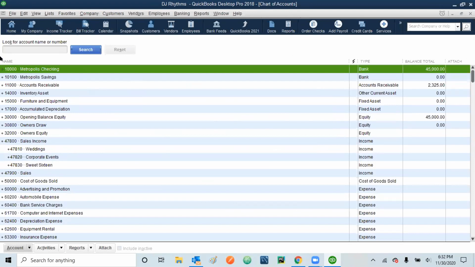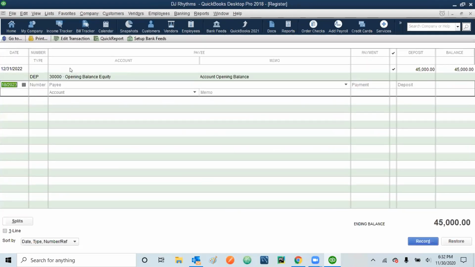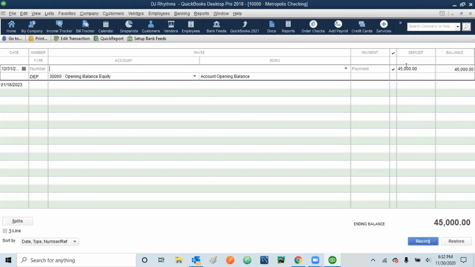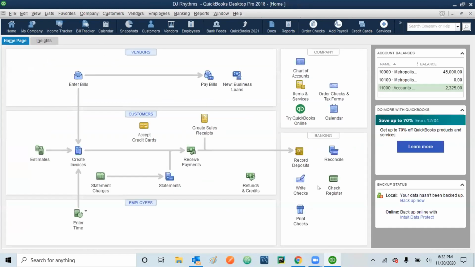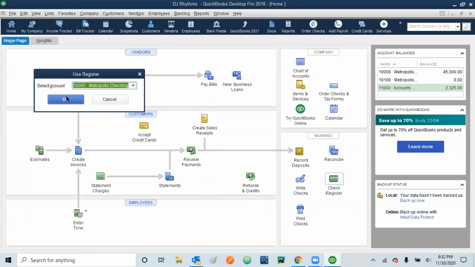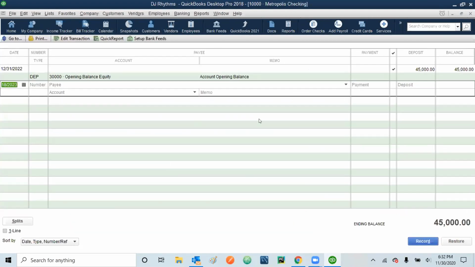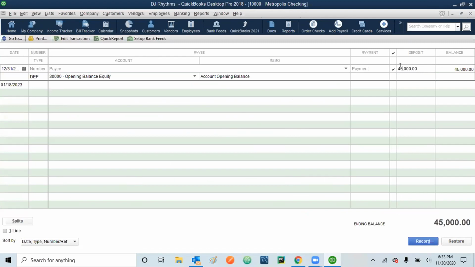So now what we are learning, we are making some changes in the checking account. So let me make changes here. $40,000. Click tab and then click record.